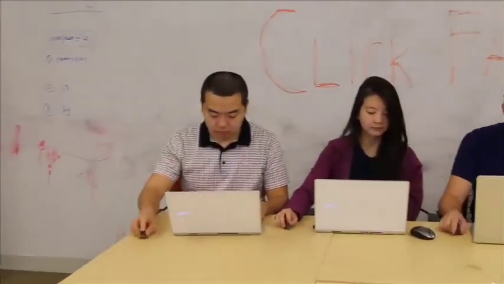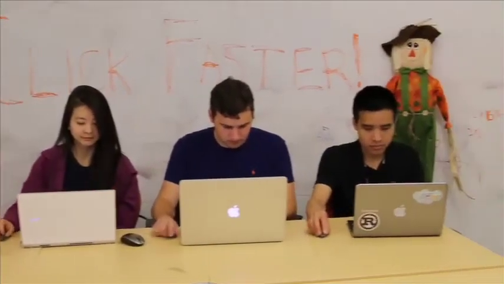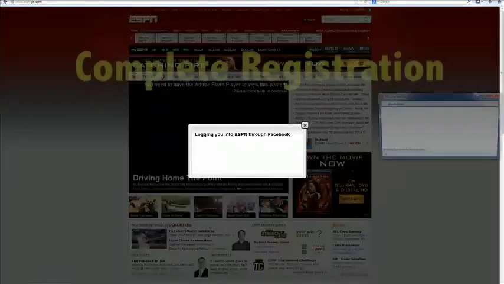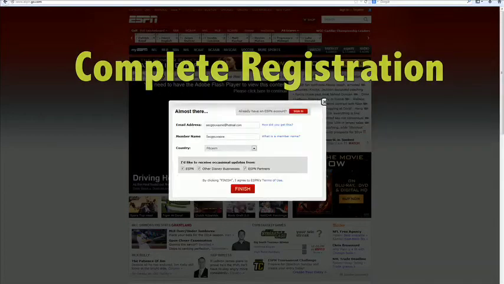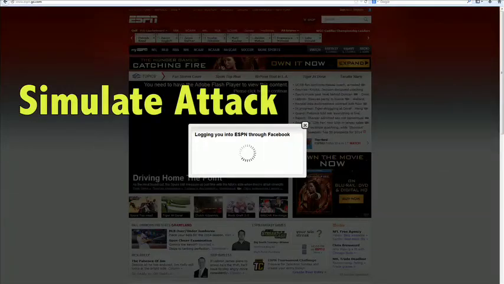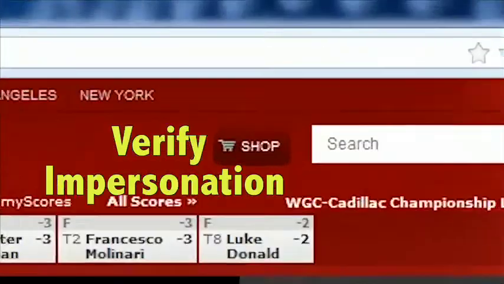We tried to get our minions to click fast enough to test our sites, but after they rebelled, we developed SSO Scan to automate the checking. SSO Scan uses heuristics to automatically find and click the login button and complete the registration process for 2 test accounts. Then, it simulates an impersonation attack by replacing a real token with a forged one and detects if the login is successful.